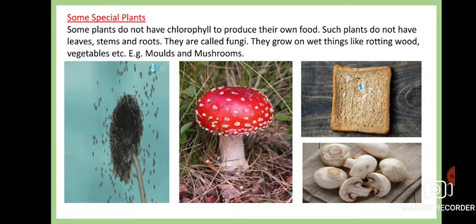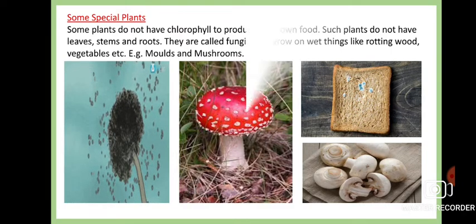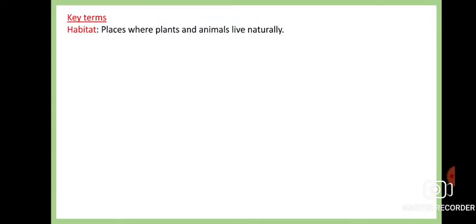Okay, so this is the method by which they can take up the nutrition. This is another special feature of the plant which can take the food. Here we had learned some plants have special features besides producing food by photosynthesis, like the insectivorous plant and the mushroom. They can take up nutrition from other methods, other sources, and fulfill their demands.